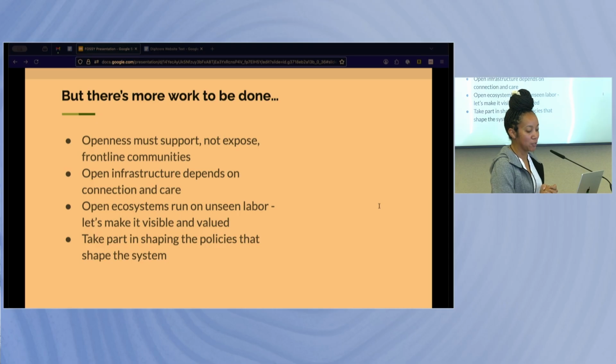We still need to do more to translate the value of openness into contexts where communities, especially those on the front lines, need more information. We need a more holistic eye on infrastructure. Tech is great, but we still have to work with communities. We've heard this a million times. We need more funding, which is why we ended up with a fourth audience, which was funders, unexpected. And we need to keep pushing for change. Those are the big things.